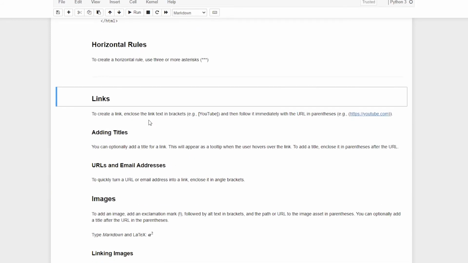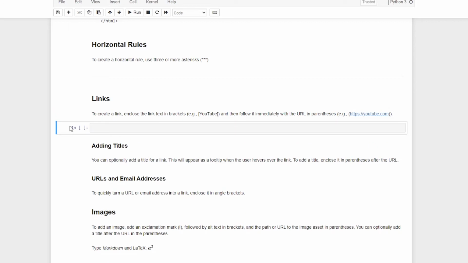To create a link, enclose the link text in brackets, for example YouTube, and then follow it immediately with the URL. Okay, so for example, I'm going to create a new cell, change it to markdown. That's super important. I can go ahead and say I post videos on YouTube.